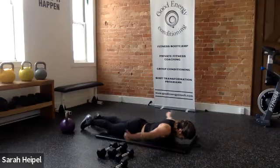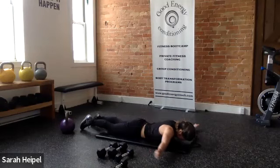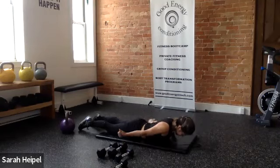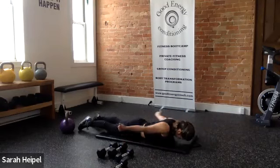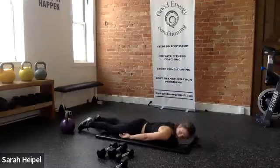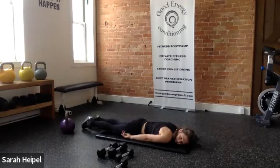Holding here, turn the thumbs up, reach back, last 10, we're almost there. 9, 8, 7, punching out wide, take up all the space in the room. You want your knuckles dragging on the walls. 3, 2, 1, and then rest your head to the floor, turn one ear down and one ear up, gentle neck